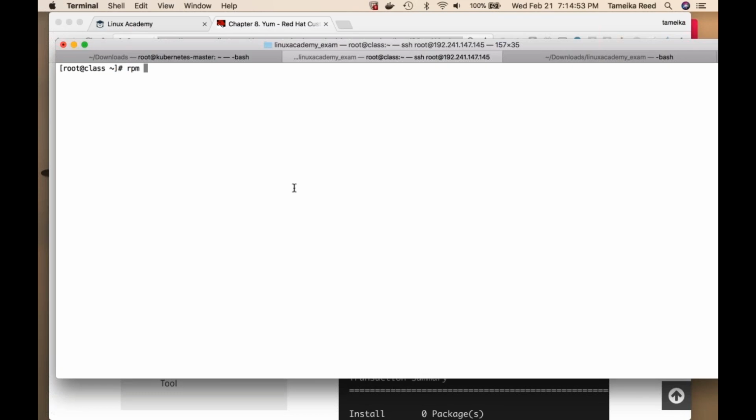We can do an rpm -qa and pipe that over to grep and search for bash. So you can see I have bash 4.2.46 installed. Now, here's some things I can find out with doing my RPM query as well. I can find out what packages were installed with my RPM. So let's do a